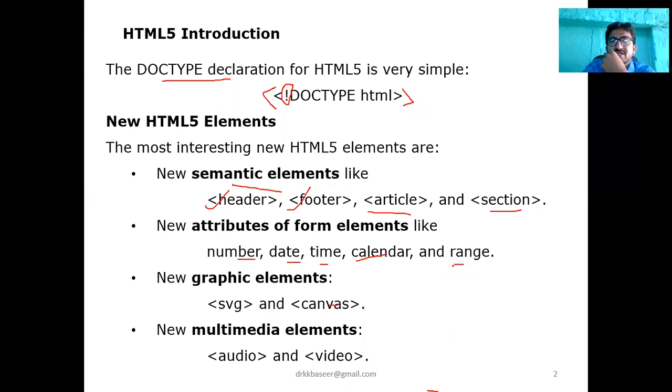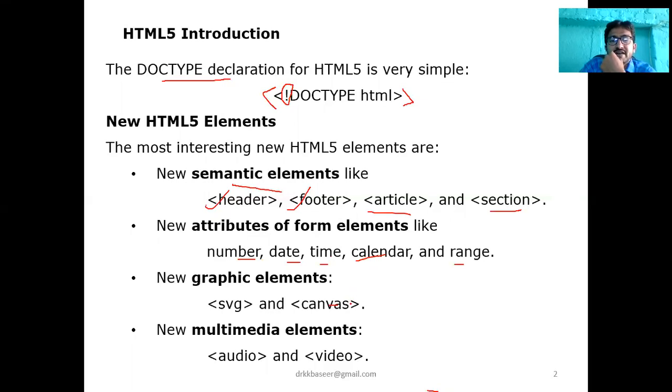For input type we have given text, password, checkbox, radio, button. Now you can add these types also: number, date, time, calendar, and range.